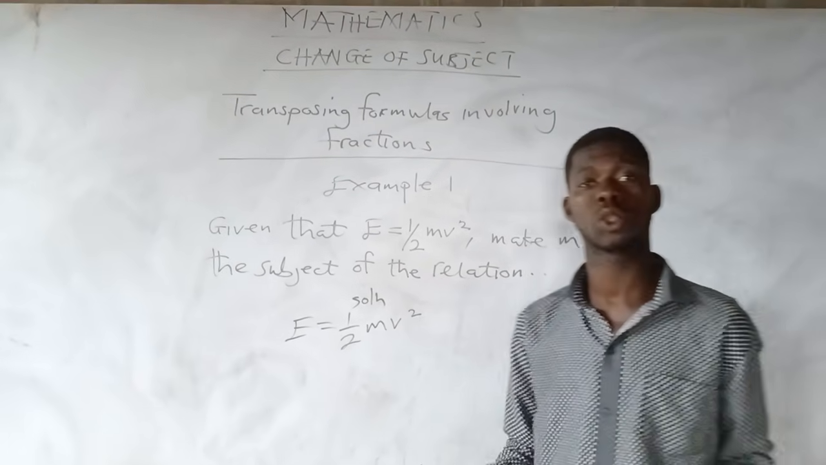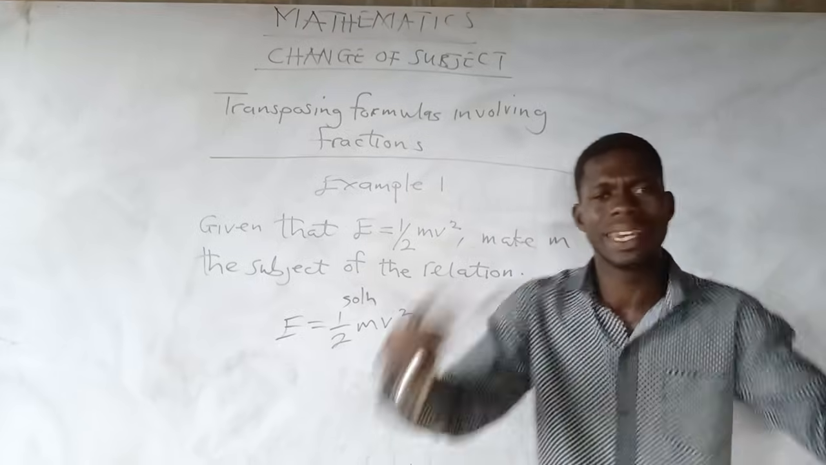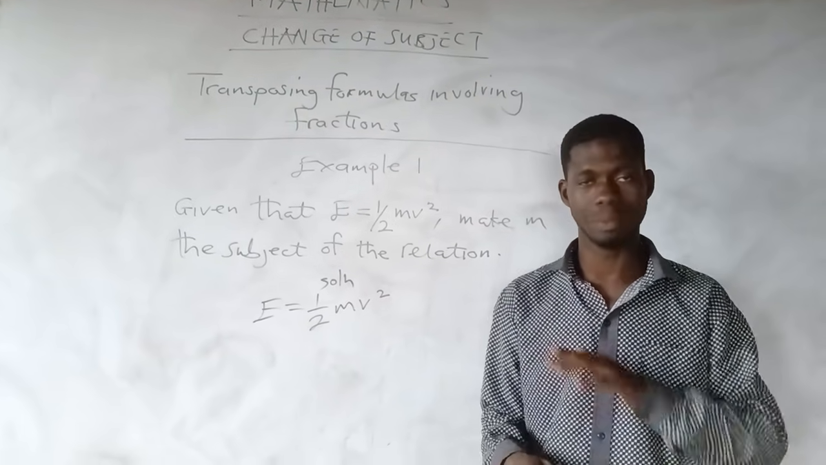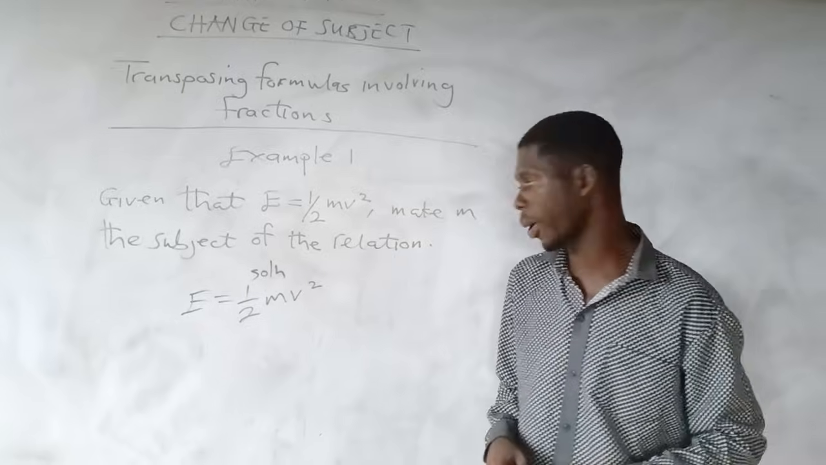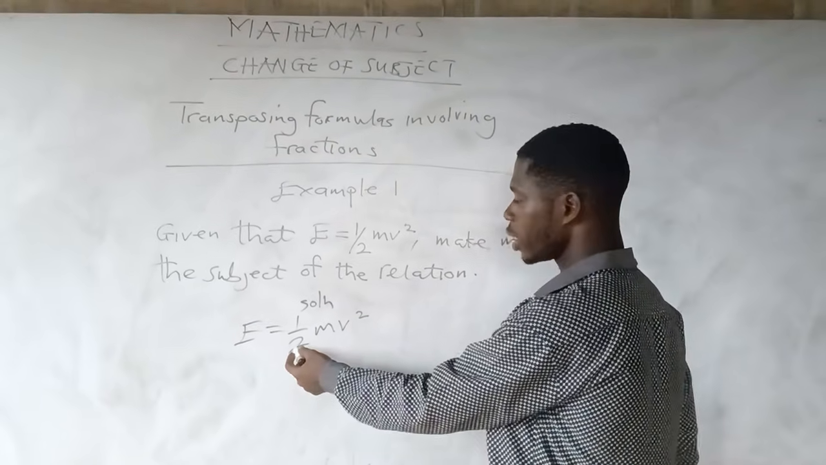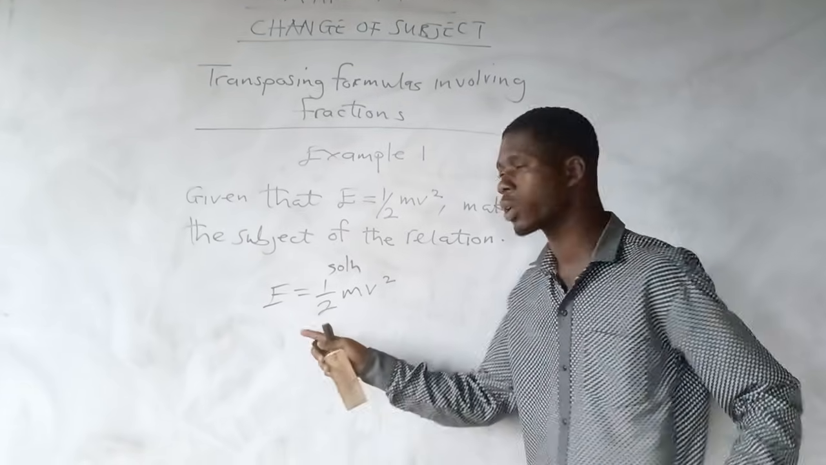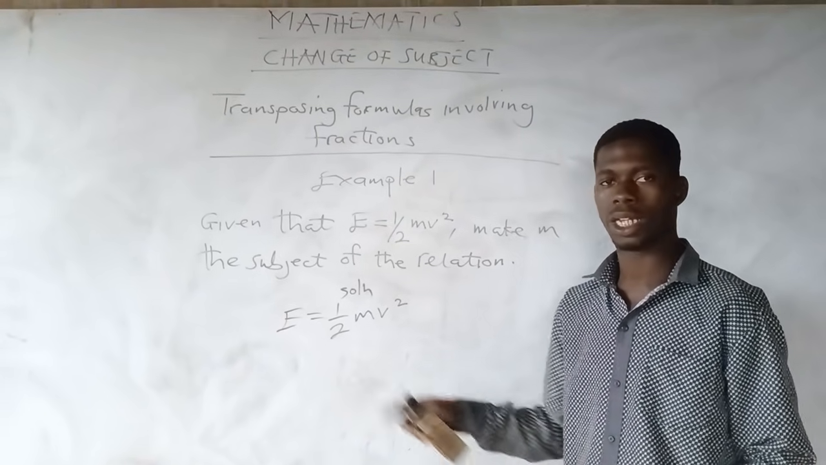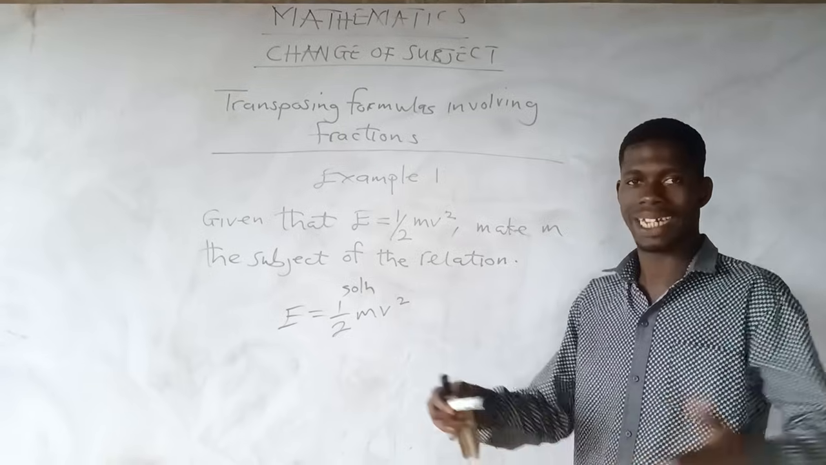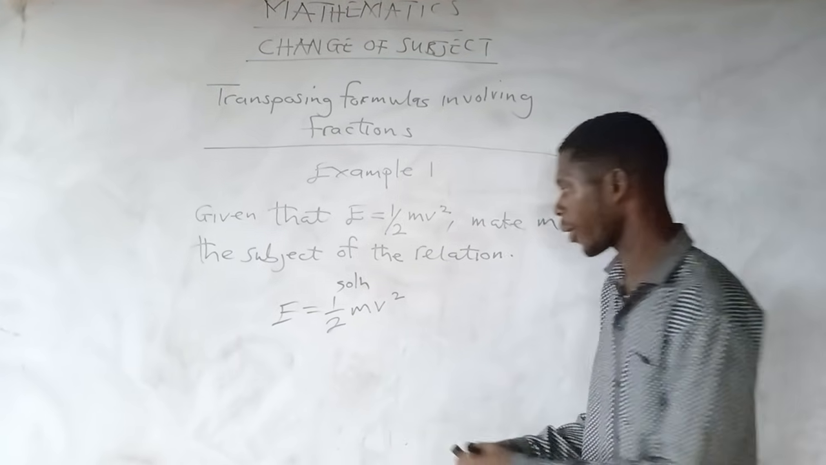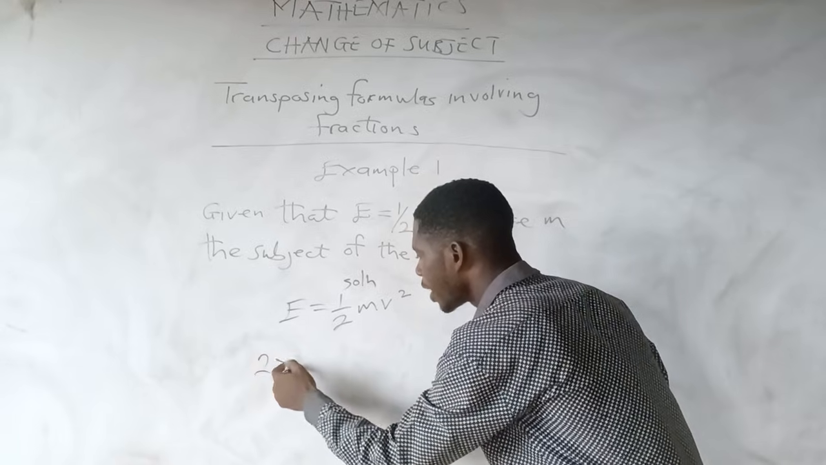So first of all, you're supposed to eliminate the fraction. Yes, that's the first thing you're supposed to do. Okay. So now, this one is over 2, right? So you're supposed to multiply both sides of the equation by 2 so that you can eliminate the fraction. Okay, so 2 times E,